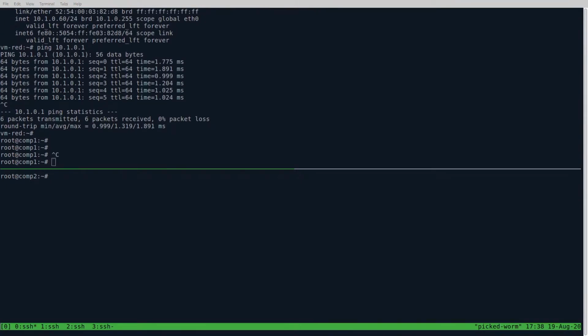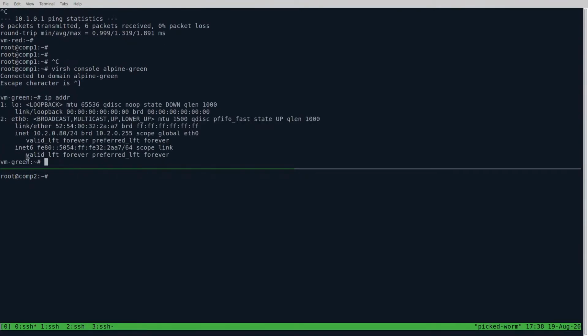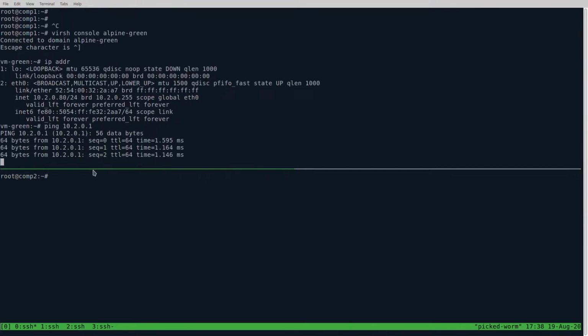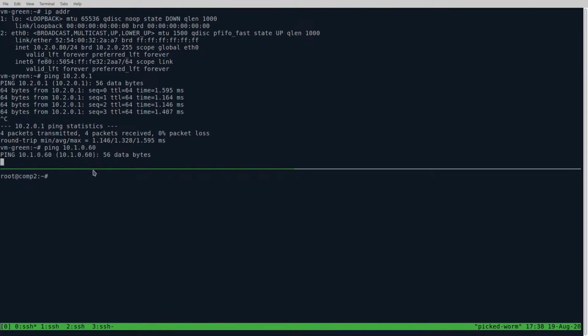Okay, we're going to log into it. Right now, again, see the IP addresses. This is a different subnetwork. What we are going to check is whether or not we've got connectivity to the default gateway in VRF Green. Yes, we do. However, we should not be able to ping the IP address of VM Red. So even though both of these VMs are running on the same server, they are put in different VRFs. And indeed, they cannot ping each other.